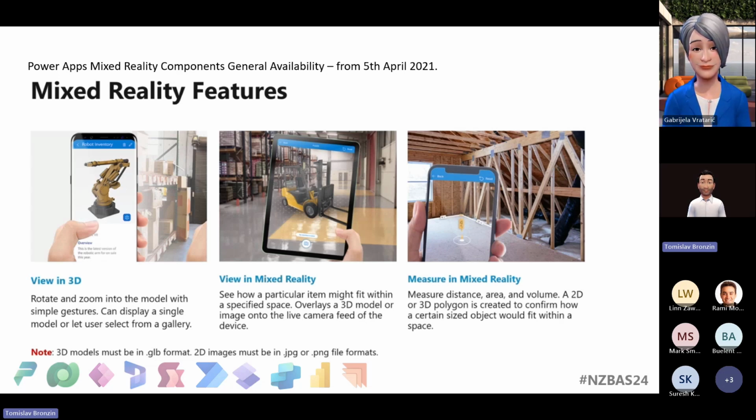So the same object, as you saw, you can see how a particular item might fit within a specified space. It overlays a 3D model or image onto the live camera feed on the device. In the past, this was, these applications. Now there are a lot of applications like that, but it's not easy to do, especially if you want to support multi-platform, including devices like smart glasses, but primarily Android and iOS phones